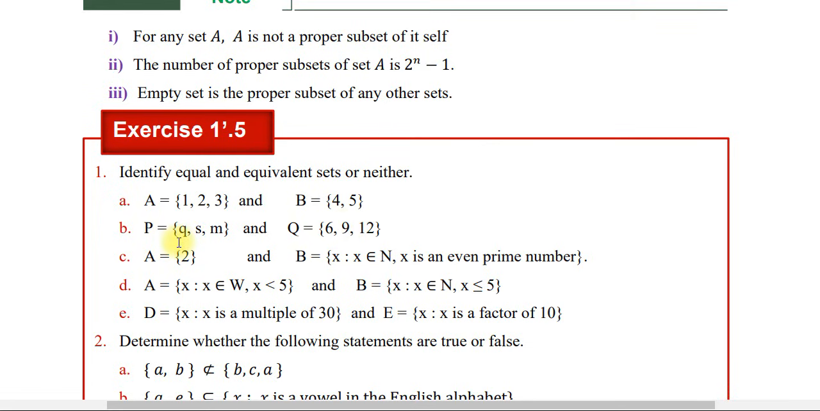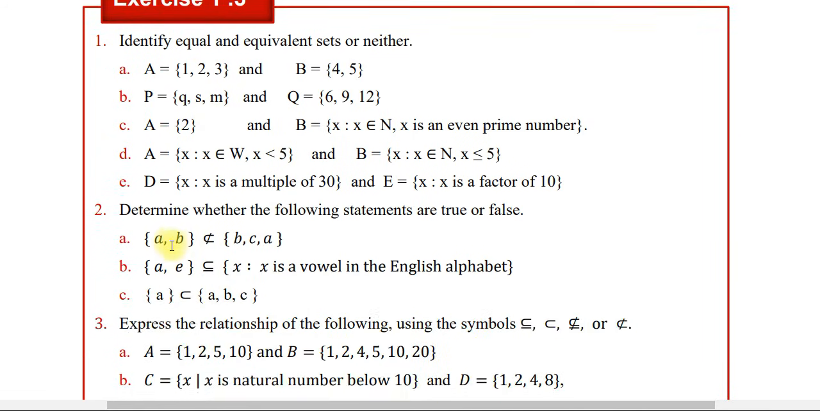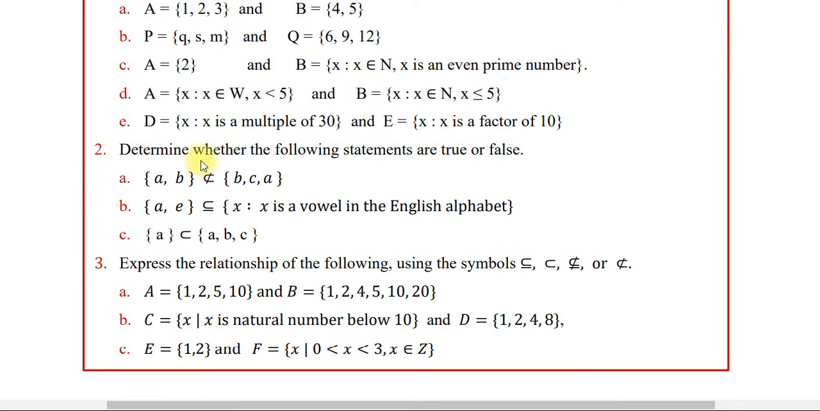ኪውኤስኤም እና 6 9 12 እነዚህ ደግሞ ኢኩቫለንት ናቸው። ለምሳሌ ፒ ላይ 3 ኤሌመንቶች ኪው ላይ 3 ኤሌመንት ስላለ ማለት ነው። ኦኬ ሲ ደግሞ 2 አለኝ እዚህ ጋር ቢ ኤክስ ኢዝ ዛት ኤክስ ኢዝ ናቹራል ነምበር ኤክስ ኢዝ አን ኢቨን ፕራይም ነምበር። ስለዚህ ኢቨን ፕራይም ነምበር 2 ነች። እዚህ ጋርም 2 ነው። ኢኳልም ነው ኢኩቫለንትም ነው። ባይ ዘ ወይ ኢኳል ሴት ከሆነ ኢኩቫለንትም ሴት ጭምር ነው ማለት ነው። ኦኬ ብላችሁ ሌሎችን ትጨርሳላችሁ። ሁለተኛ ደግሞ ዲተርማይን ዌዘር ዘ ፎሎዊንግ ስቴትመንትስ አር ትሩ ኦር ፎልስ።